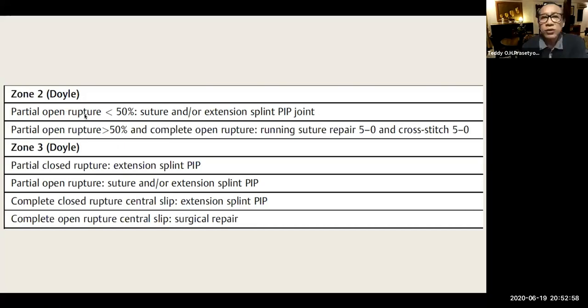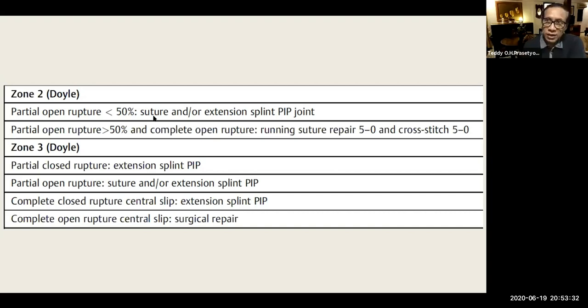So this is at the middle phalangeal level, right? Zone 2. If it is less than 50% of the open rupture, you just put a splint without necessarily repairing it. So this is quite unique to understand that if the rupture is partial, less than 50%, you can rely on the conservative treatment. But if the rupture is greater than 50%, you just see it the same as complete rupture,